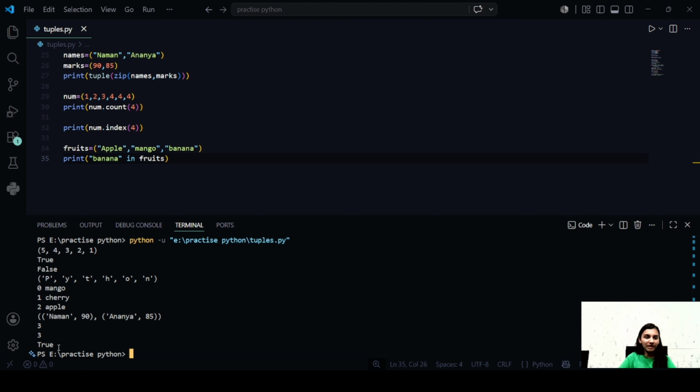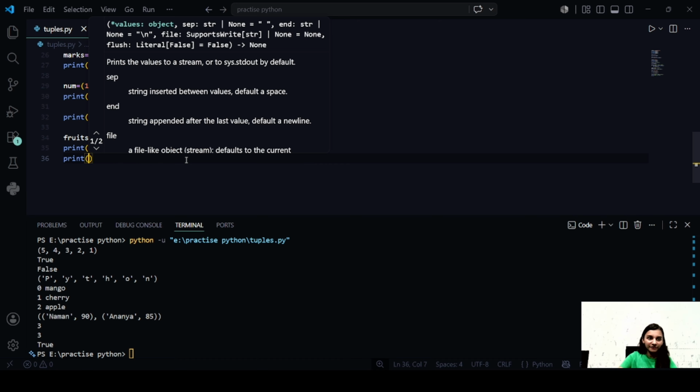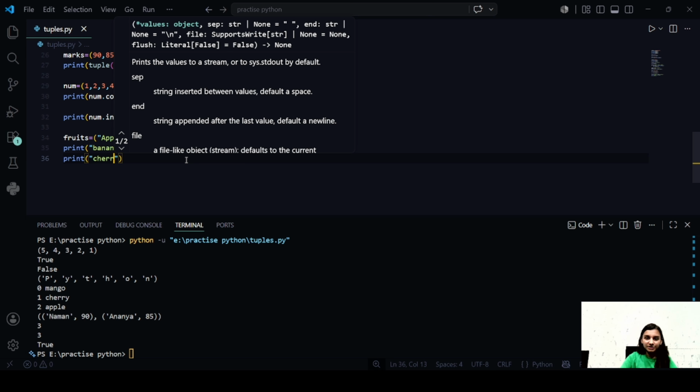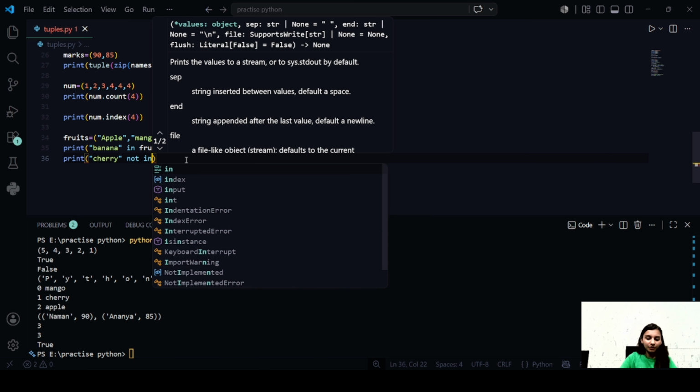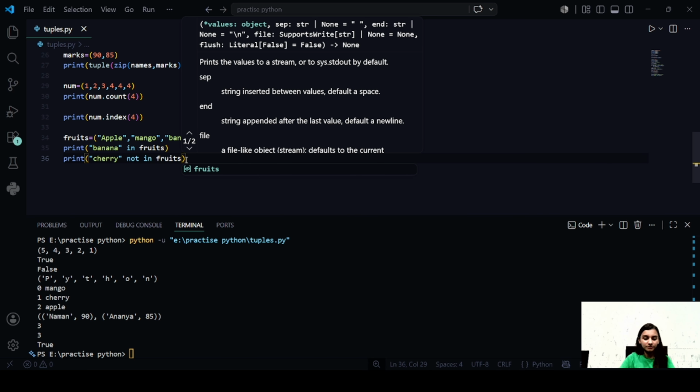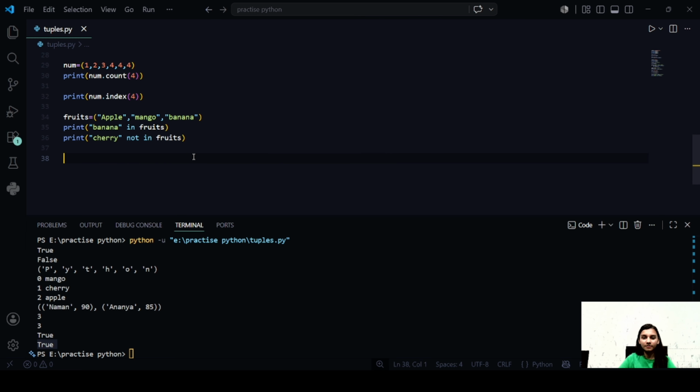So we'll get a true value. Next, let's try to print whether cherry not in fruits. So we'll get true because cherry is not an element in this tuple. So you can use the in and not in operators to check whether an element is existing in a tuple or not.